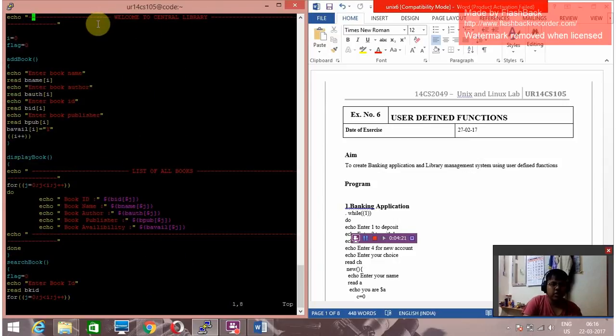First we are displaying the message welcome to the central library. Then we are setting the initial values, i equal to 0 and flag equal to 0. Then for the add book function,